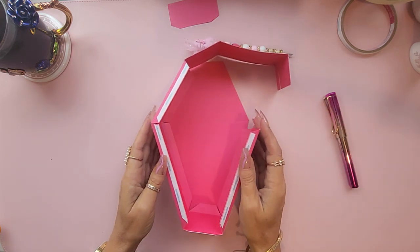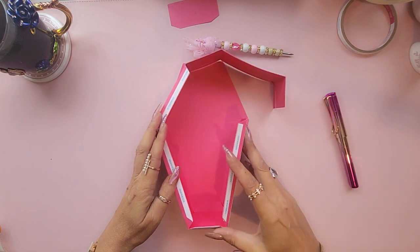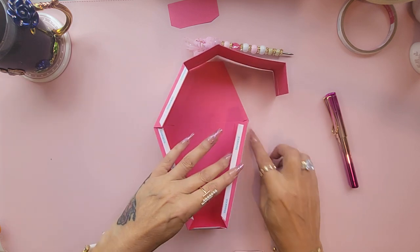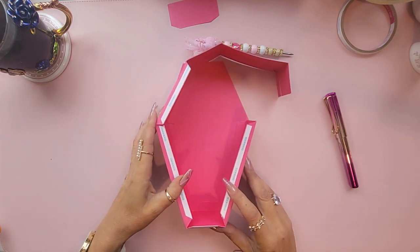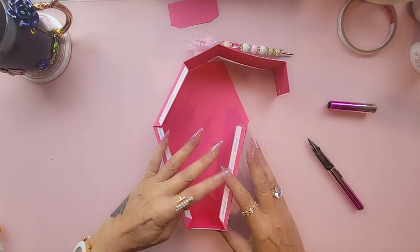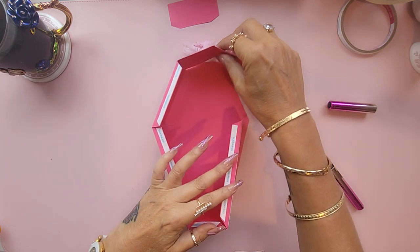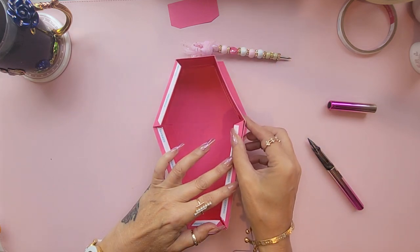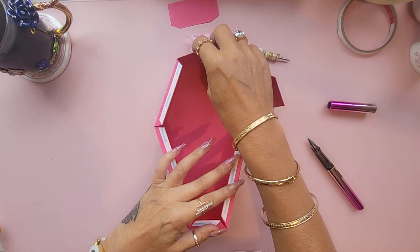So this is now where it gets a little bit tricky, okay, because we need to attach this to the boxes. All right, and you need to have a little bit of a gap as well either side. So what I do is I'm going to need my pencil, so I get it lined up as best I can, so it looks quite even. Just bear with me because I am concentrating. This does take a little bit of